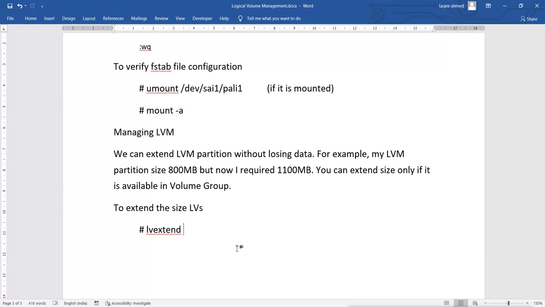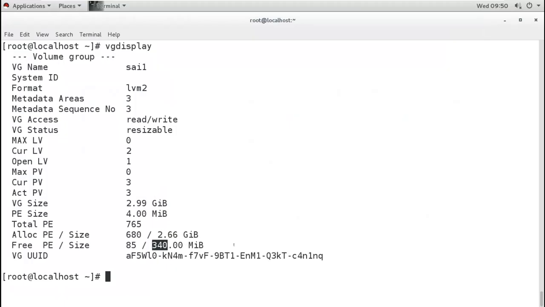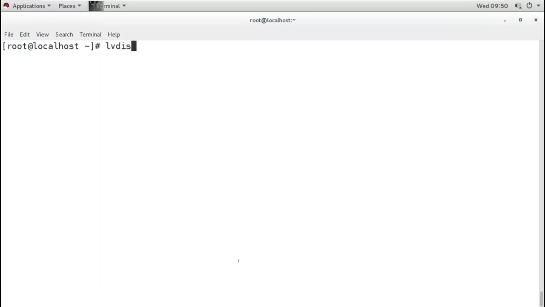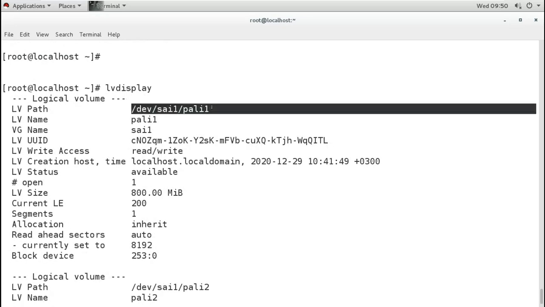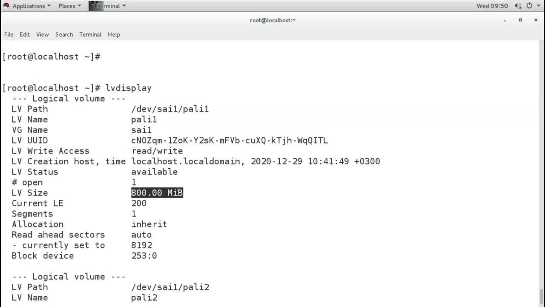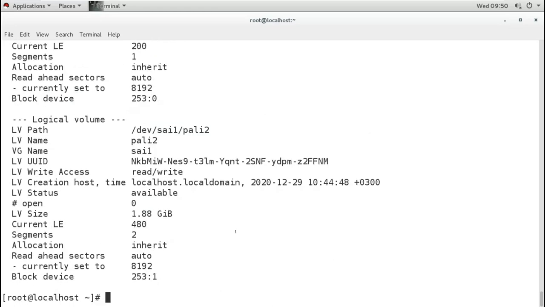Let's say this is our LV Pali 1, and it is 800 MB, and I want to increase the size to 1100. So I will give the command lvextend, then I will mention the size.